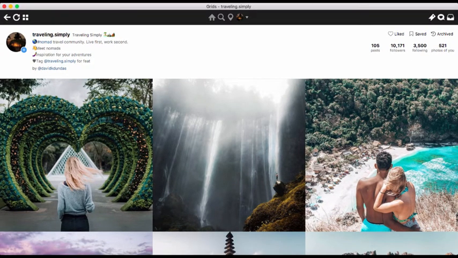So the strategy I'm going to be talking about today, some people call them repost accounts, some people call them viral accounts. I like to think of them as a community account. So I'm just going to call them community profiles. Let's just call it that, right? A community profile is basically a second profile that is related to your brand, that's really specific to a specific type of interest that somebody might have around your brand.